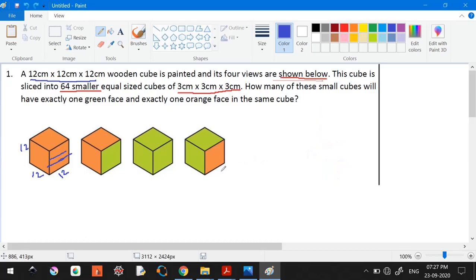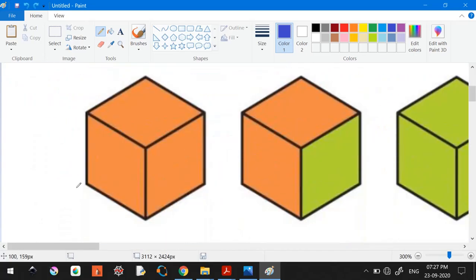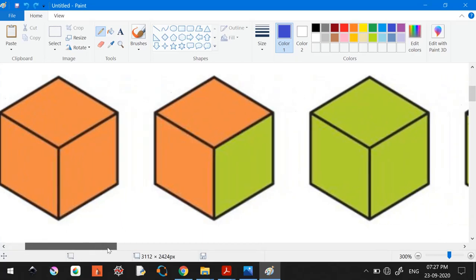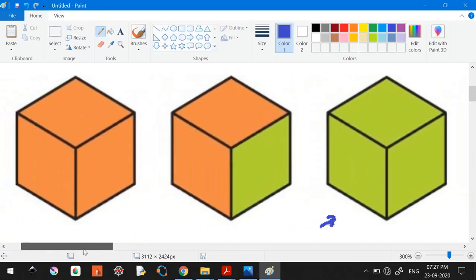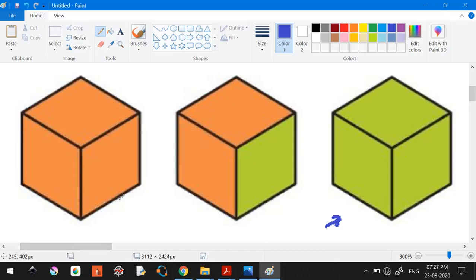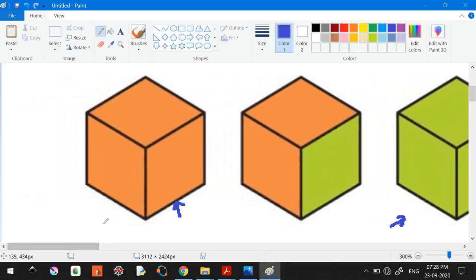So if you see this particular arrangement, let me remove this and zoom in. Let's say in this view three oranges are visible, and in the other option three greens are visible in this direction, which means the bottom is going to be green. Because if you check the number of faces of a cube, you will have six faces,